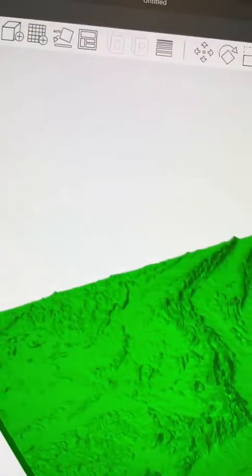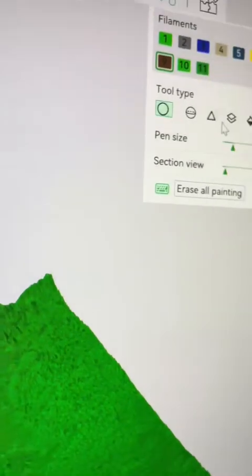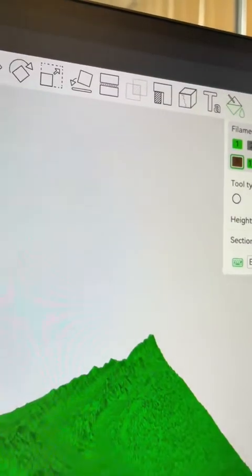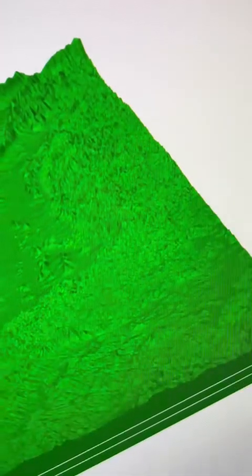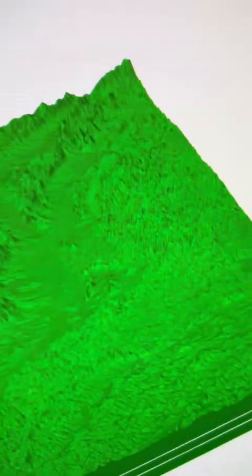It's gonna pop up and we can color the different layers. So I'm gonna choose the brown, and then I'm gonna choose this height range, and I can color, by bumping that up, big swaths of different colors. So I'm gonna color everything down under the ground